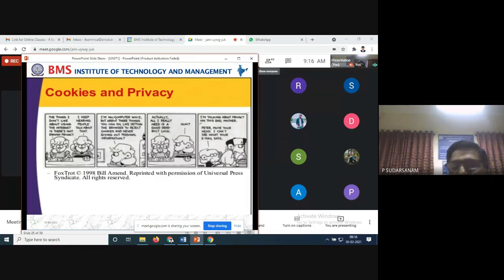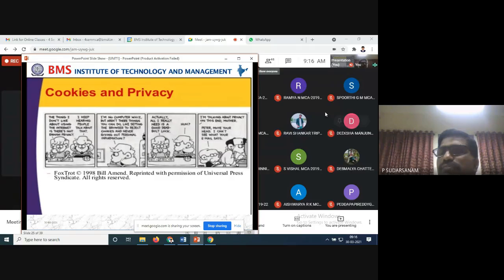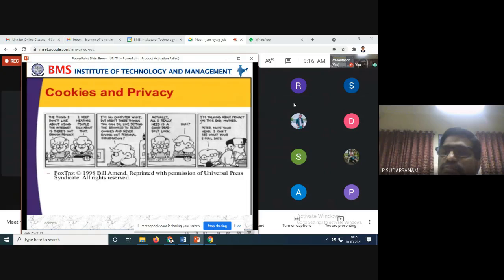So cookies and privacy will be there. Where we have to give the privacy, we have to give. Where data sharing is needed, all the information we can give. So when you are giving feedback, username and passwords are required. When you want to access department faculty, college faculty, or college news, that is not required. Common area, common data, common sharing of the data. So that is what we have to see, and we have to write the code.